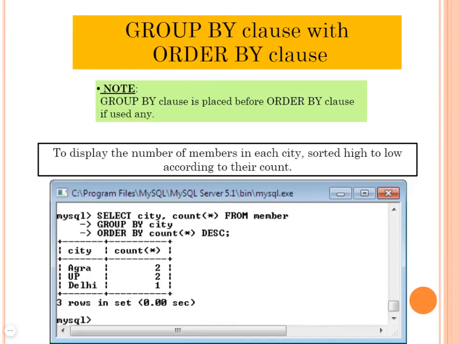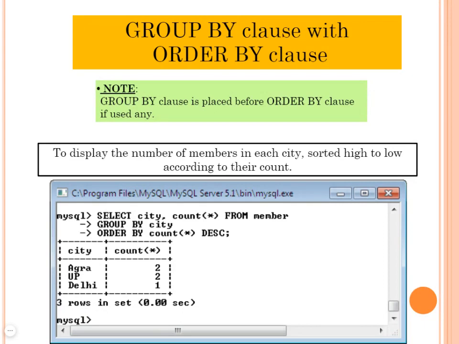Next is the GROUP BY clause with the ORDER BY clause. The ORDER BY clause arranges the sequence of groups in accordance with COUNT(*). See the example. I have to group according to the city and order by COUNT(*), which means the related number of items. So I have to count the related items and order according to them, to display the number of members in each city, sorted high to low according to their count.